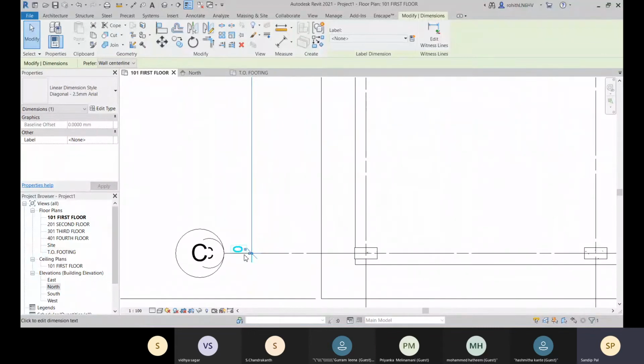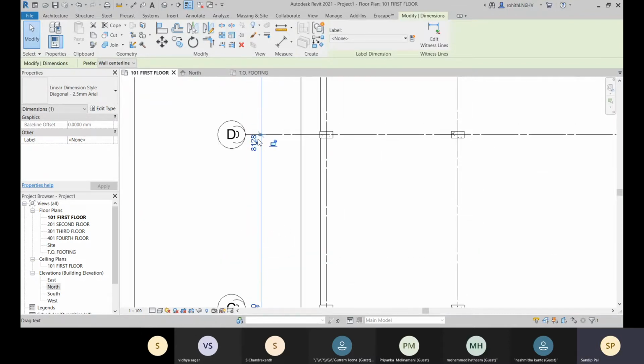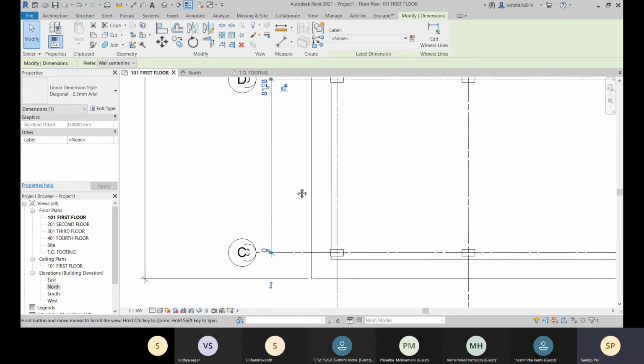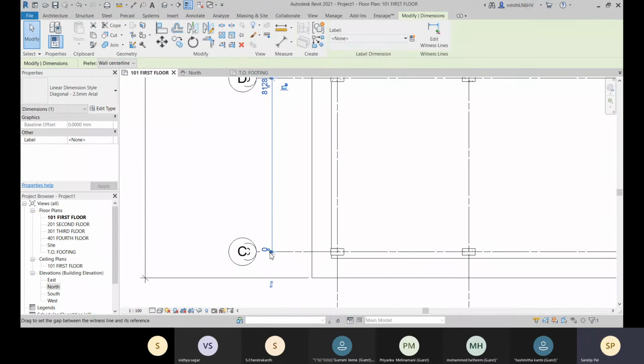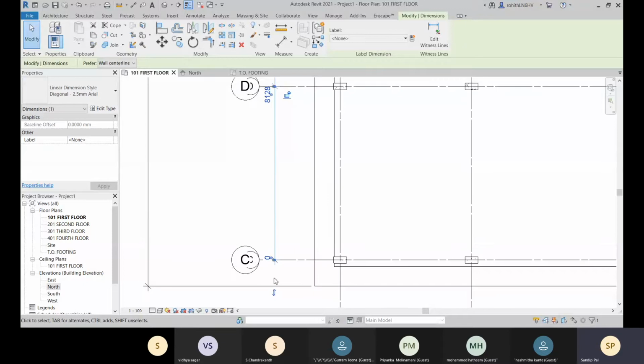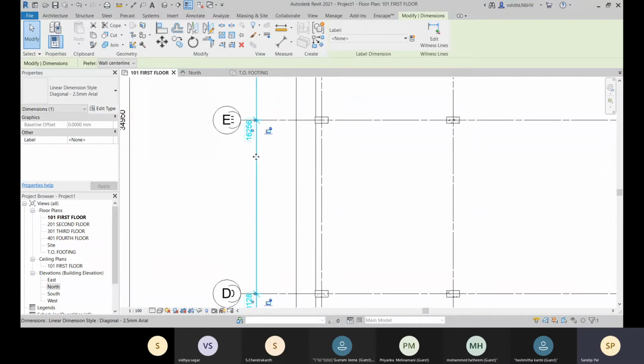This point is 0, and this point is 8128. So the 8128 value is being calculated from the origin, that is this end point. So this point will be your origin, and from this point it will calculate all the values. Okay, so that is your ordinate.